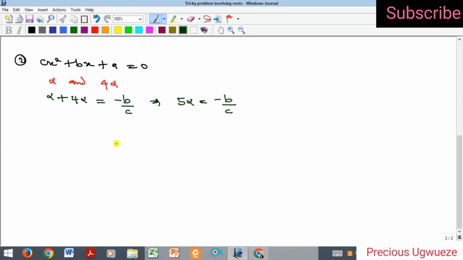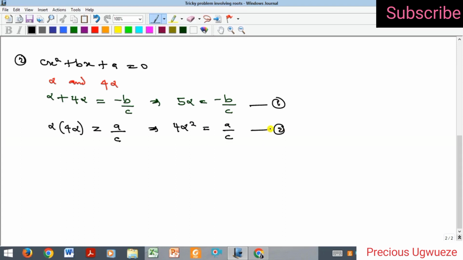All right, and then by product of roots, we are going to have alpha times 4 alpha equal to c all over a. And remember here, our c, which is the constant, is the a here, while our a is the c. So that's going to give us, if you open this bracket, 4 alpha squared equal to a all over c. Okay, and so if I call this equation 1 and this one equation 2,